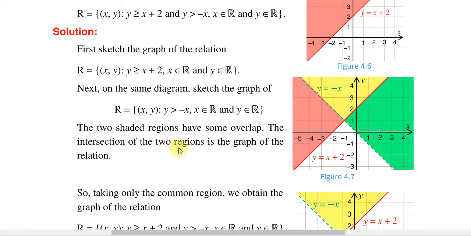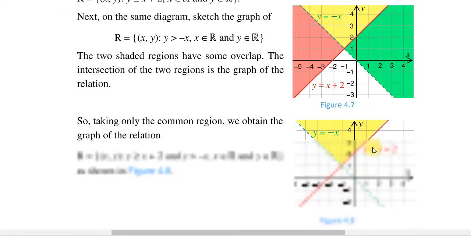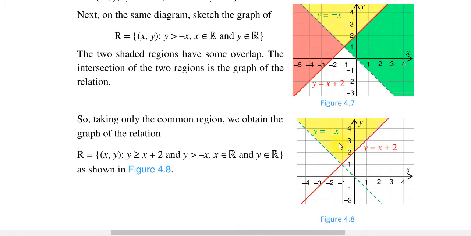The intersection of the two regions is the graph of the relation ይለናል። ያ ማለት ምን ማለት ነው? አሁን እዚህ ላይ የመጀመሪያውን ኢኩዌሽን ጻፍኩኝ። ይሄን አረኩና ከላይና ከታች ፖይንት መረጥኩ። ሳቲስፋይ የሚያደርገውን ሪጅን ሼድ አረኩት። ሁለተኛ የተሰጠችኝ y greater than negative x የምትለዋን ከዚህና ከዚህ ፖይንቶች መርጬ ሳቲስፋይ ወደ አረገው ሼድ አረጋለሁ። ሼድ ሳረግ ይሄ አረንጓዴውና ቀዩ ኢንተርሴክት ያደረጉበት ሪጅን ቢጫው ነው። ኦኬ ይሄ ቢጫው ሪጅን የሁለቱ ኢንተርሴክሽን ነው። ስለዚህ ቢጫውን ሪጅን ብቻ ወስዳለሁ ማለት ነው።